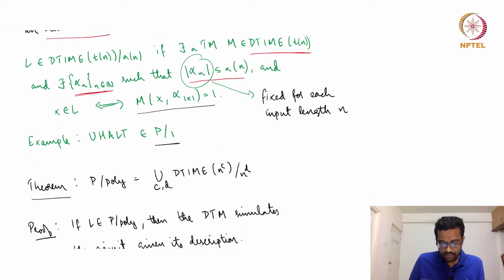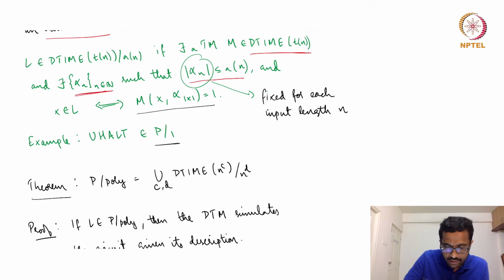And P/poly, what we have already seen, is actually equal to DTIME(n^c) / n^d, or DTIME(n^c) / n^d. So now you could see why the notation P/poly is used, because the numerator, or the sort of